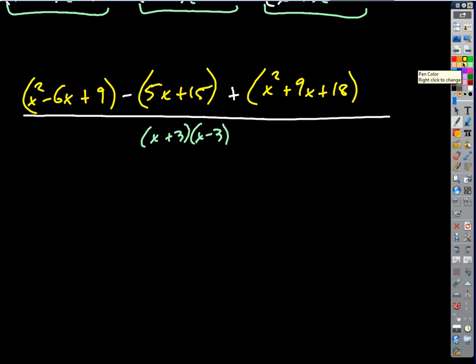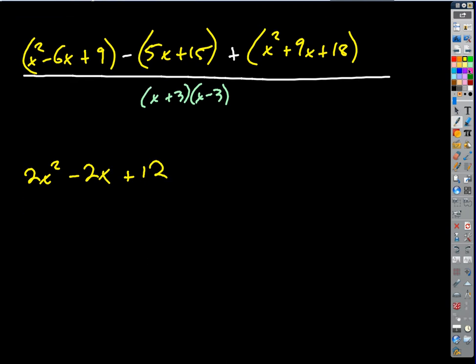I'm going to get an x squared plus an x squared, so a 2x squared. I've got a negative 6x minus a 5x is negative 11x, plus 9x is negative 2x, minus 2x. I've got a 9 minus a 15 is negative 6, plus 18 is plus 12. Okay, and it's all divided by